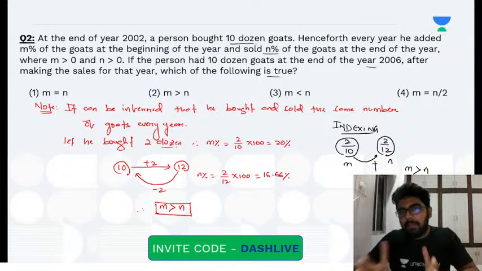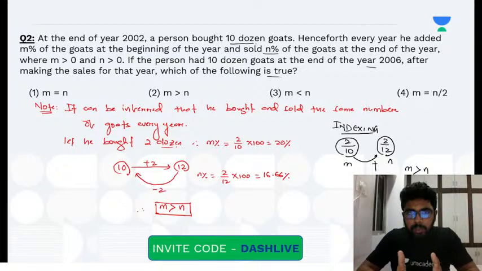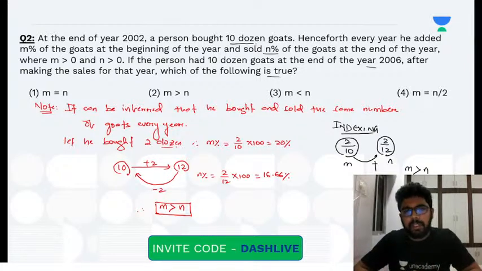And for the people who have read the chapter on percentage properly and know this concept of indexing, this is just a 10-second question. And this was an actual question in CAT. Maybe the values and numbers have changed a little bit, but this was an exact question. Hope it's making sense to all of you. I hope this is clear, everyone. Very easy question, nothing difficult.